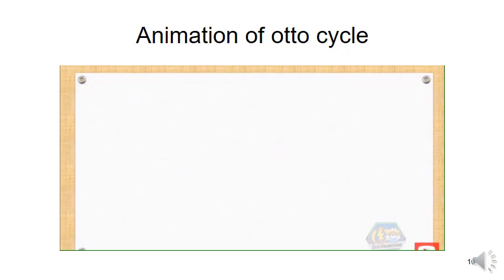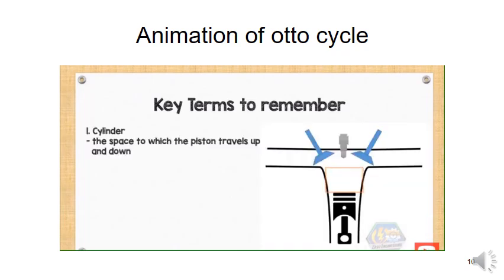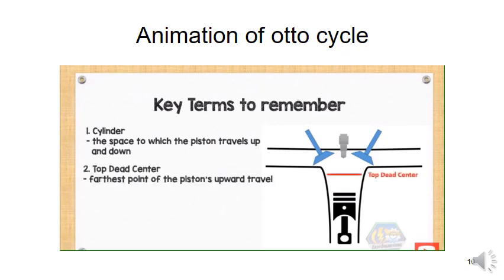So to understand the strokes of this cycle, let us begin with the definition of the Otto cycle. The Otto cycle is an ideal thermodynamic cycle which makes the gasoline-fueled car move or speed up by performing 4 piston strokes of the car's engine.